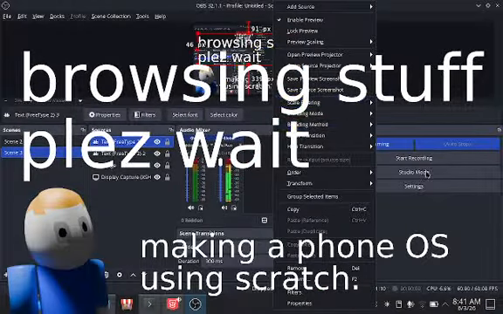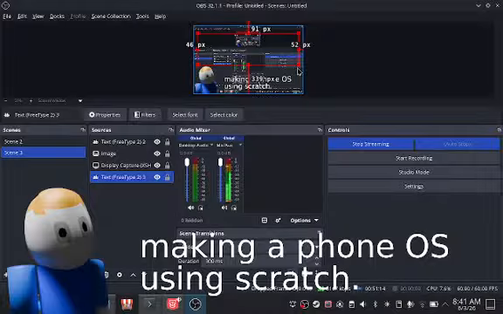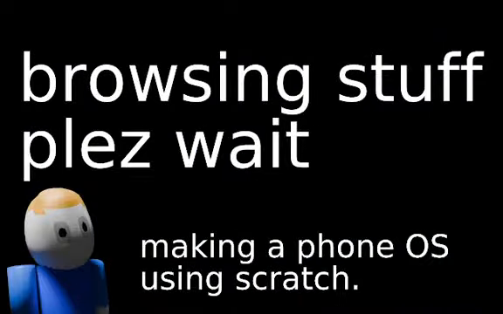So then, order, move to bottom, and yeah, there we go. So now whenever I have to browse stuff,